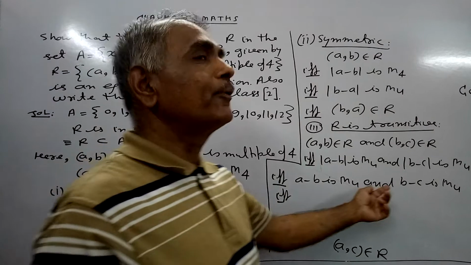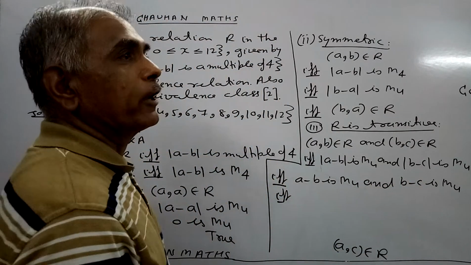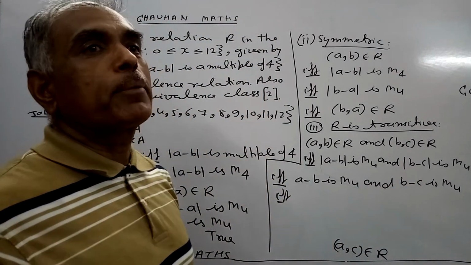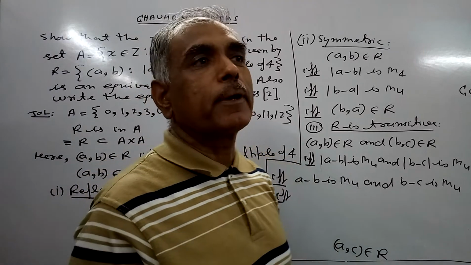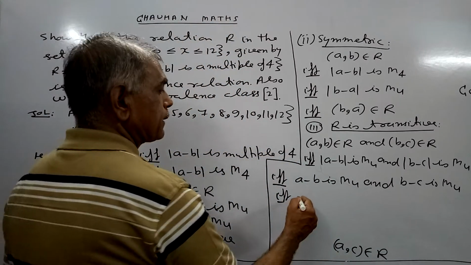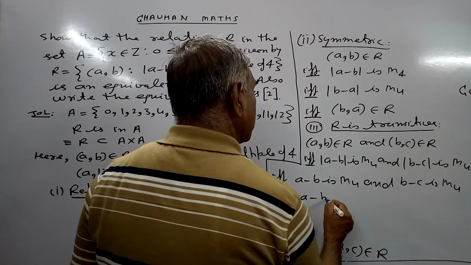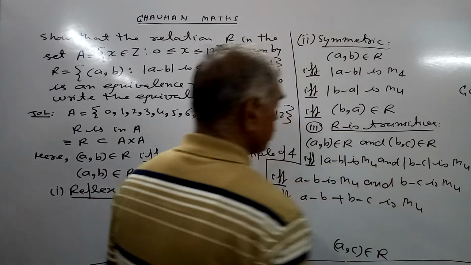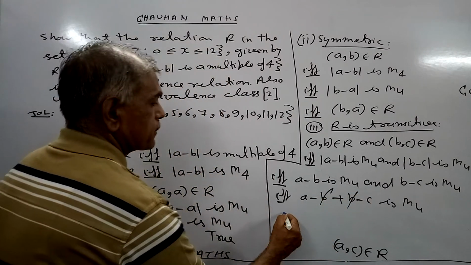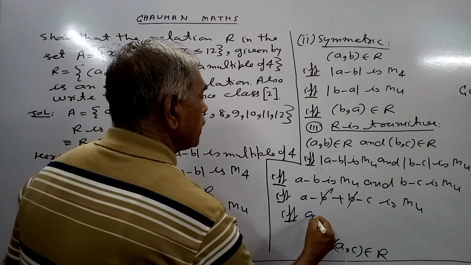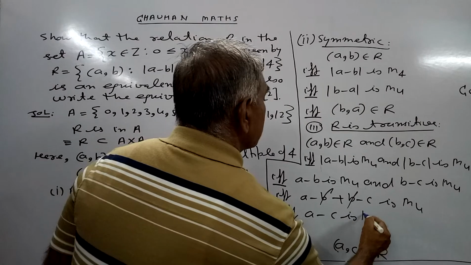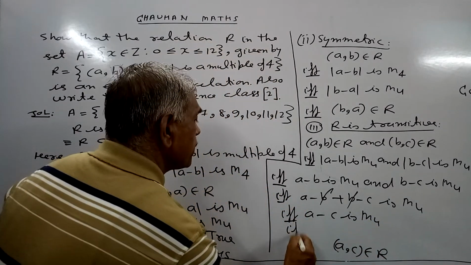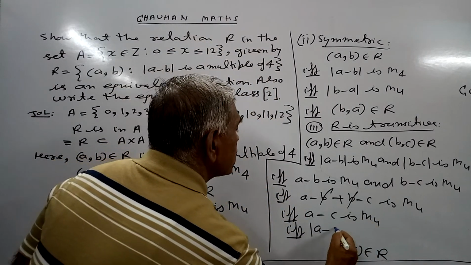हम इन दोनों को ऐड भी कर सकते हैं. तो ऐड करने से भी मल्टीपल ऑफ 4 की प्रॉपर्टी पर कोई फर्क नहीं आएगा. सो लेट अस ऐड देम. A minus B plus B minus C is multiple of 4. B and B cancel. This means A minus C is multiple of 4, and this means mod A minus C